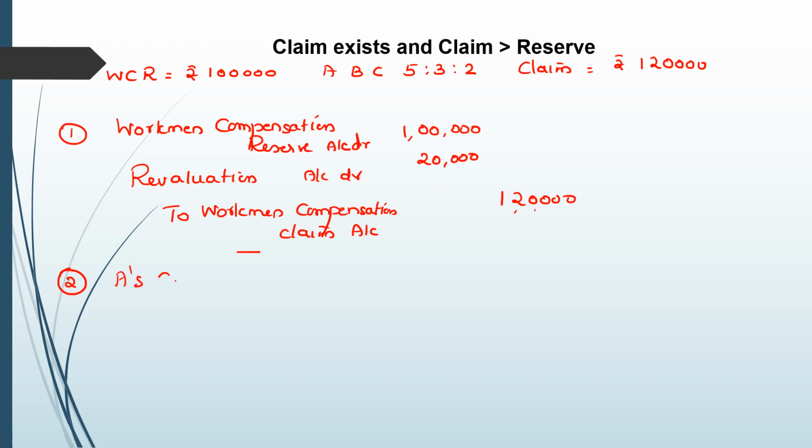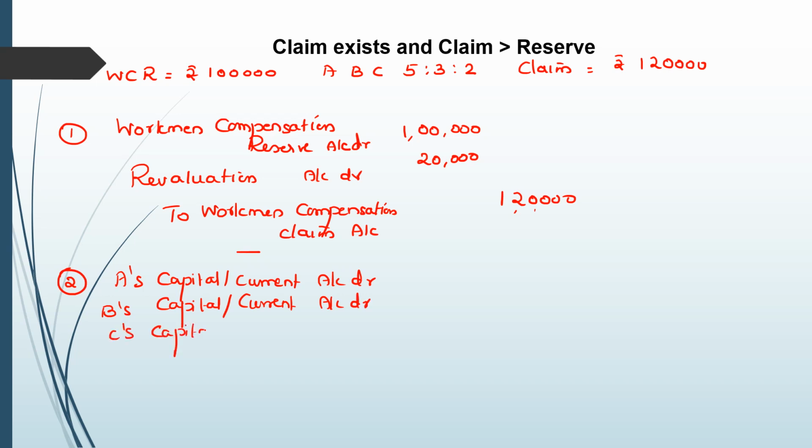So you will write A's capital or current account debit, B's capital or current account debit, C's capital or current account debit to revaluation account. So you see the revaluation account that we created for covering up the deficiency is now closed out,